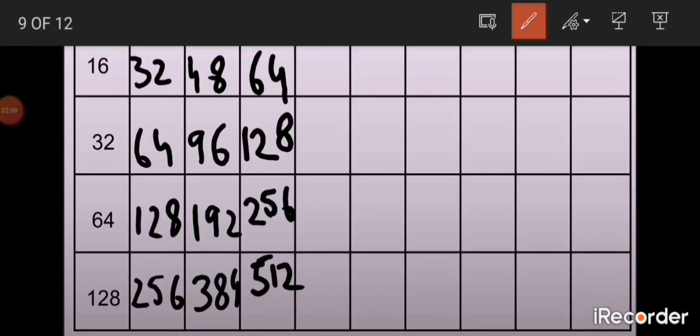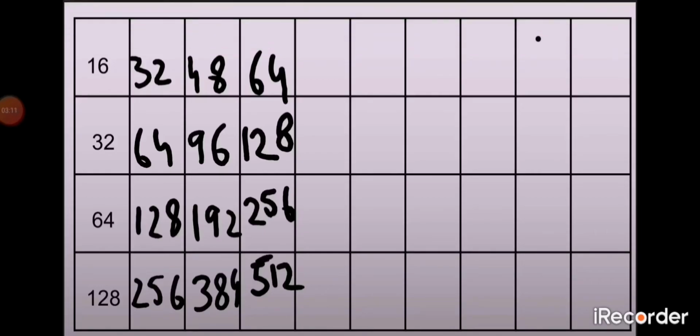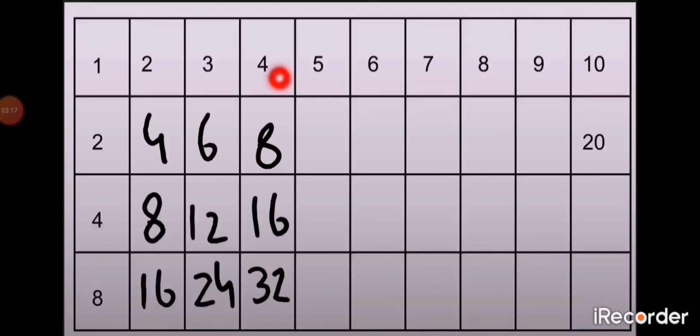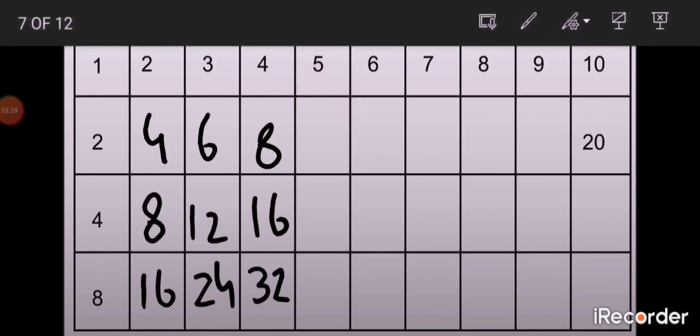512. Done. Now we have done the first 3 columns. Now we are moving towards our next column, that is of 5. Now double of 5, or you can read the 2 times table to 5 times: 2 1s are 2, 2 2s are 4, 2 3s are 6, 2 4s are 8, 2 5s are exactly